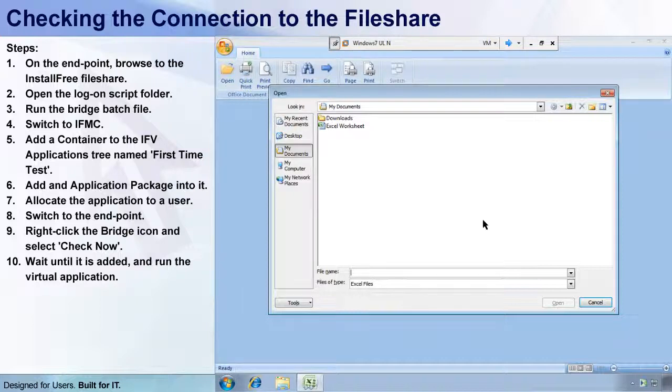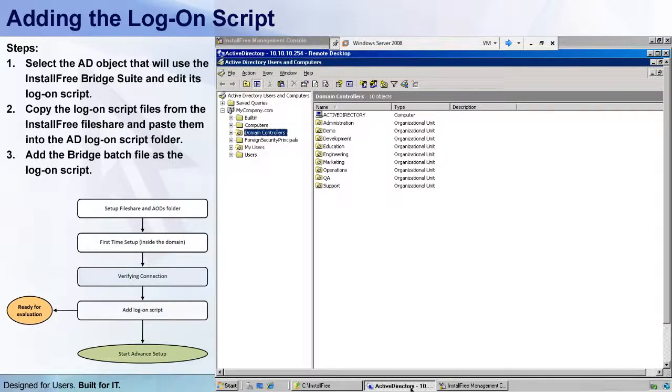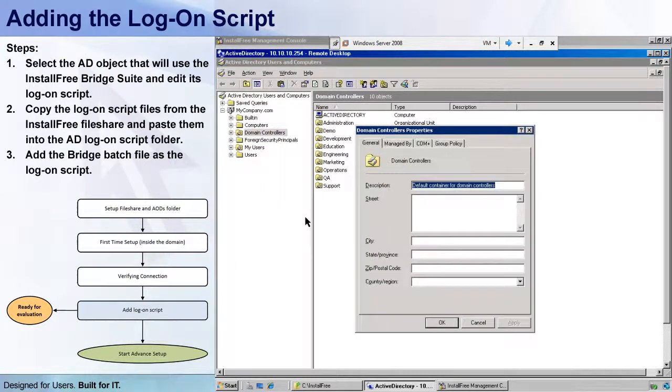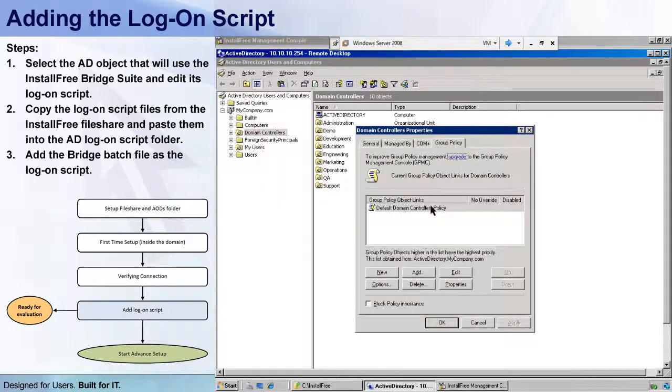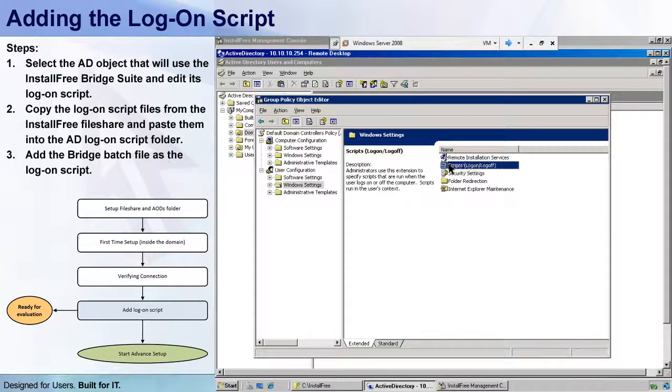And now let's go to the last step and add the logon script that will automate the process of downloading the Bridge virtual clients to endpoints. And you can see my Active Directory MMC here. And in this case, I will add the logon script to the entire domain controllers, but in your case, you can add it only to a specific test user or group. So I'll right-click it, choose Properties, go to Group Policy, click Edit, go to Windows Settings, select the logon script,